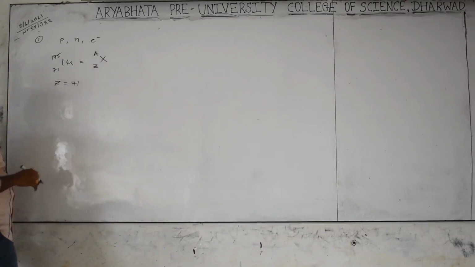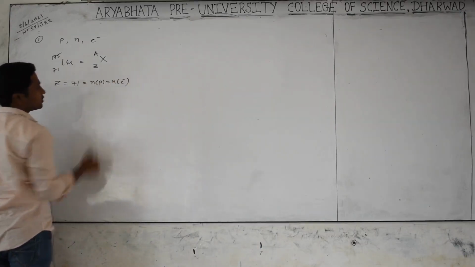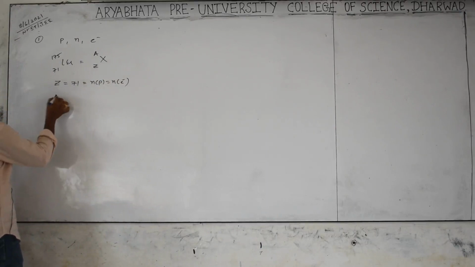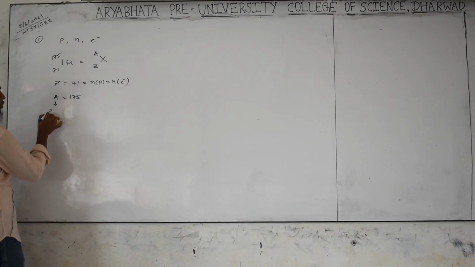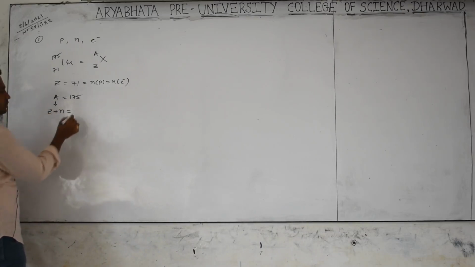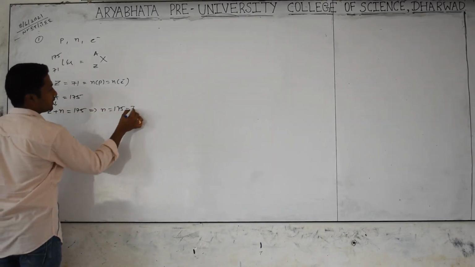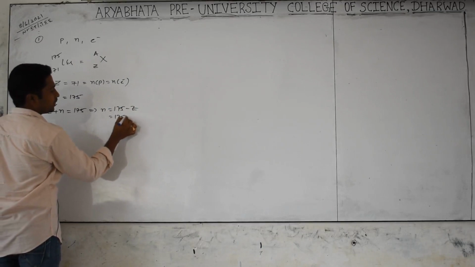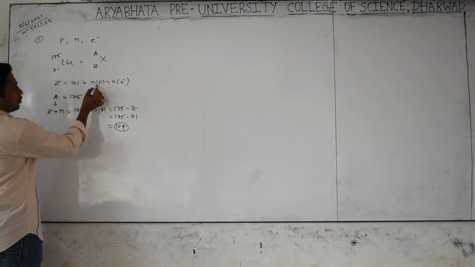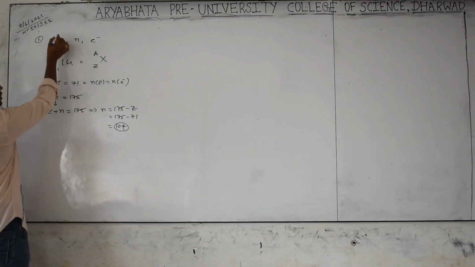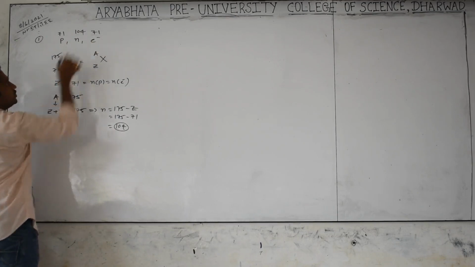Is it a neutral atom or not? Yes, that's why the number of protons is equal to the number of electrons. Next, the mass number is equal to 175. Mass number means atomic number plus neutron number, which equals 175. So neutron number is 175 minus the atomic number. 175 minus 71 is 104. He is asking for proton, electron, neutron. Protons 71, electrons also 71, but neutrons 104.